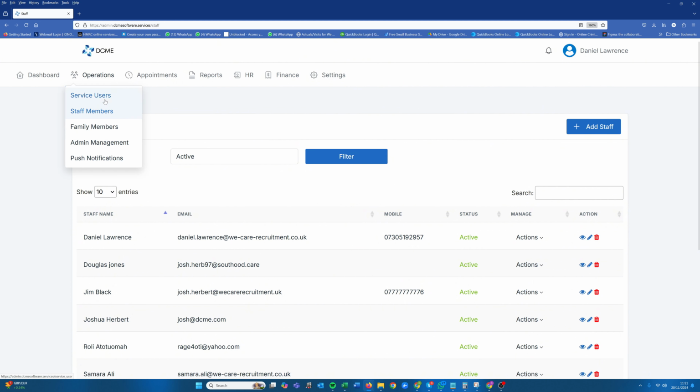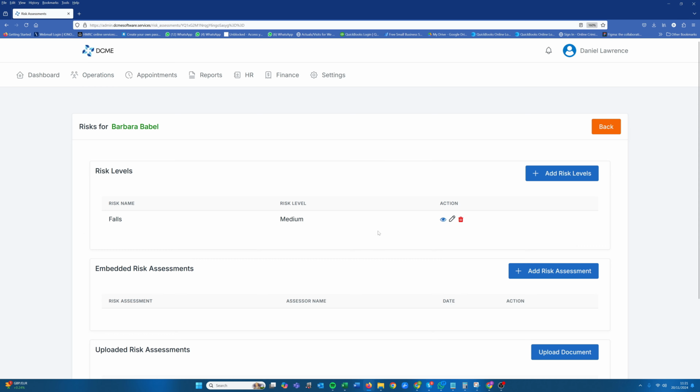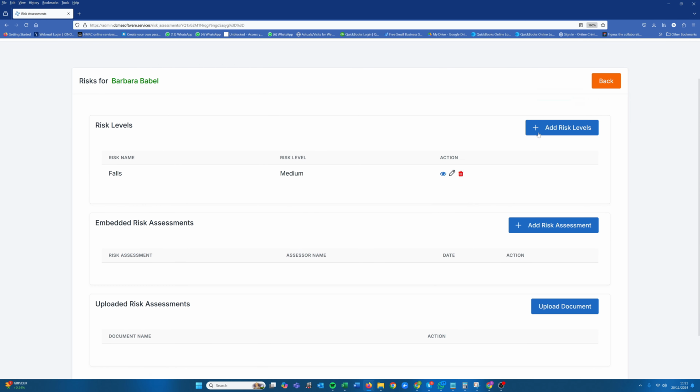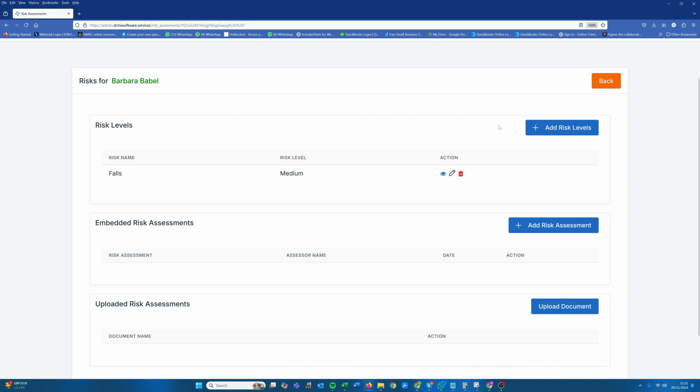We've also created a new risk screen, so we've moved everything risk related to one screen. You've got risk levels here, you've got embedded risk assessments, and you can also upload your own risk assessment. In a future release coming soon, you'll be able to also select an option